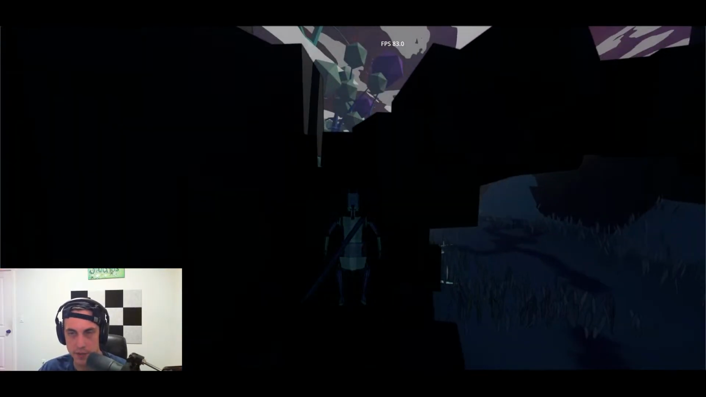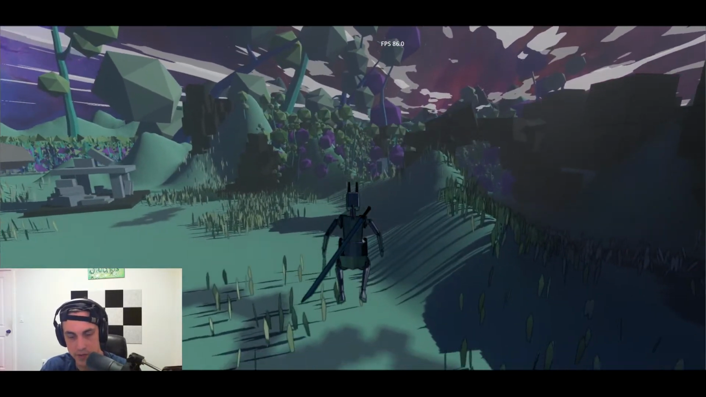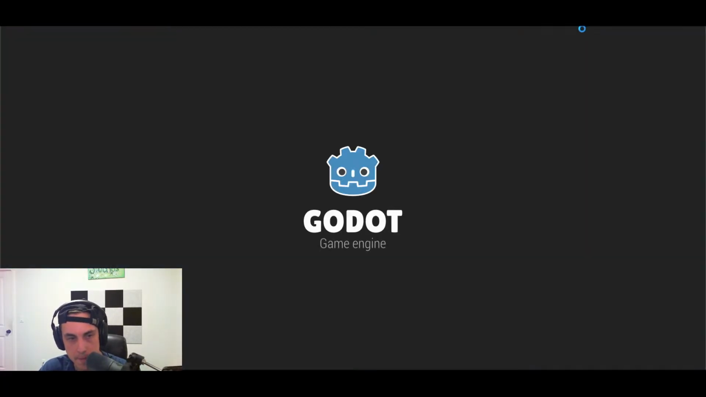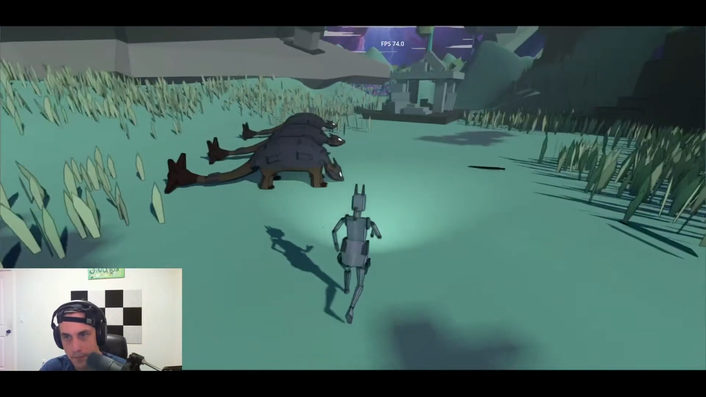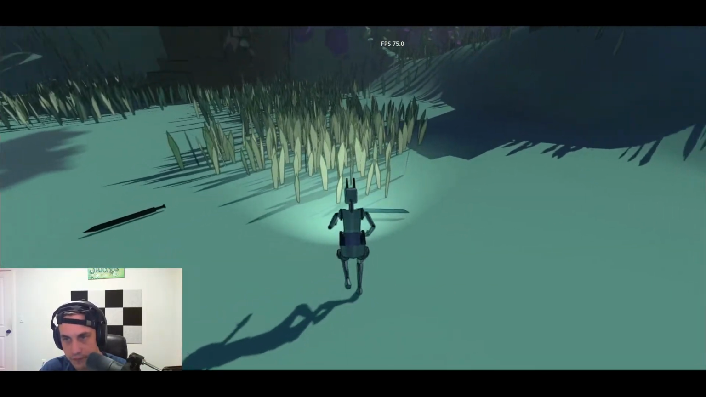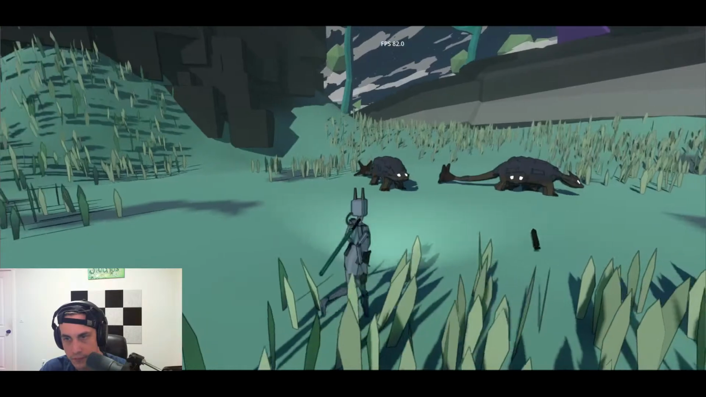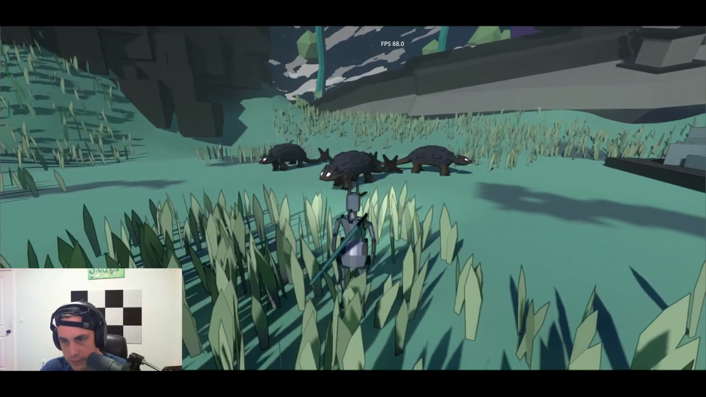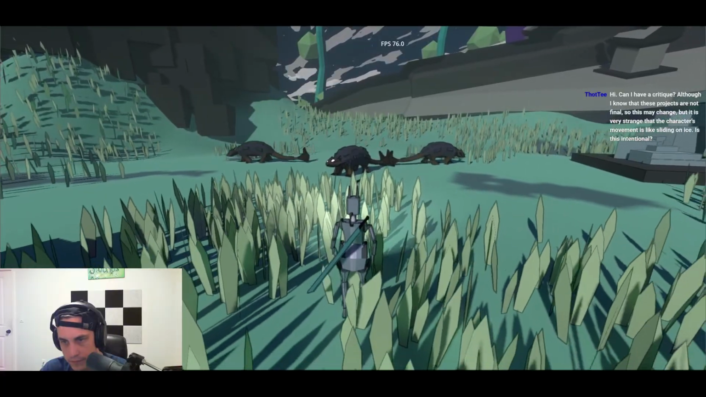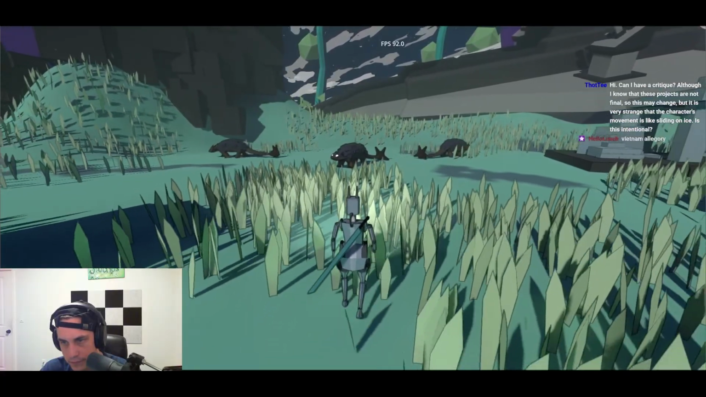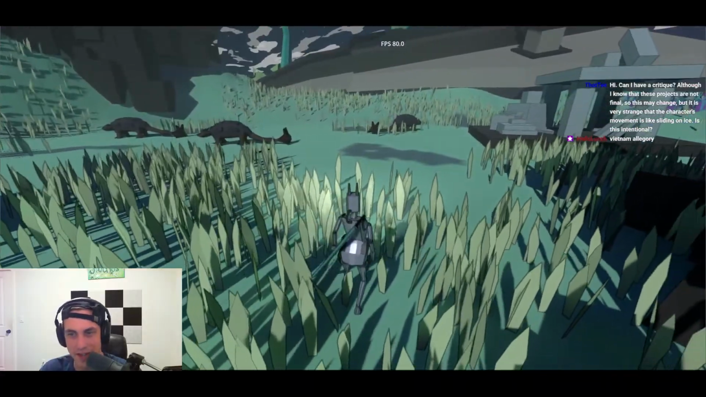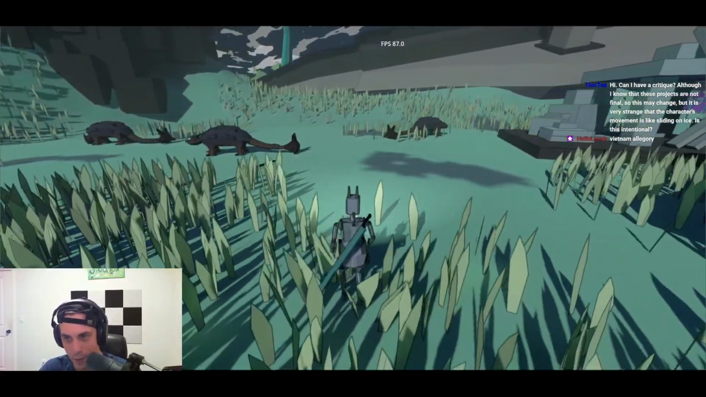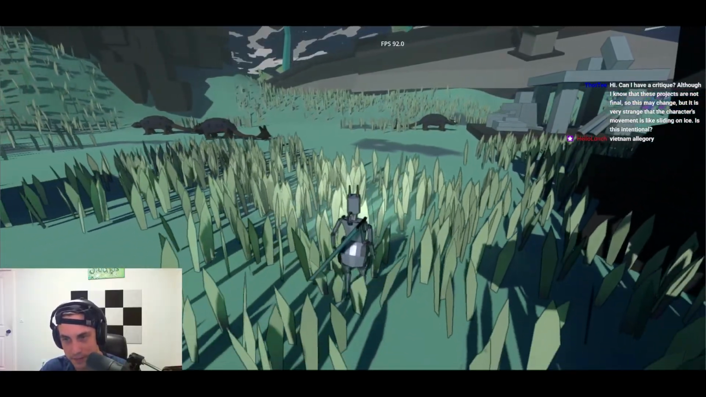RTS, turn this game into an RTS. Grass Bros versus the dinosaurs. I do still like this little shader that I have that all it does is warp the grass around you, but